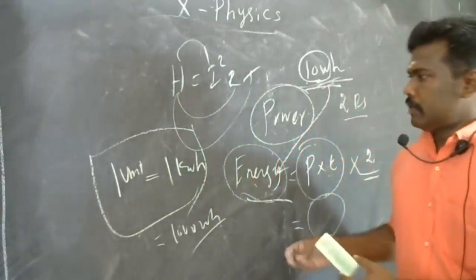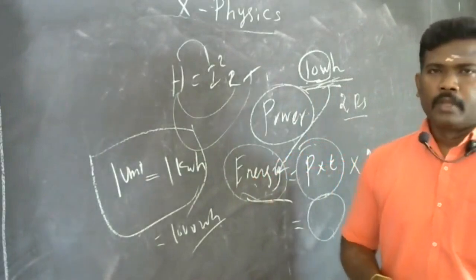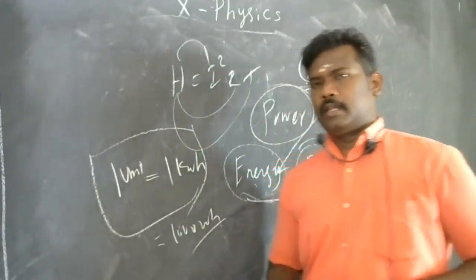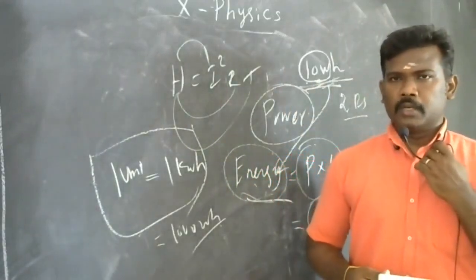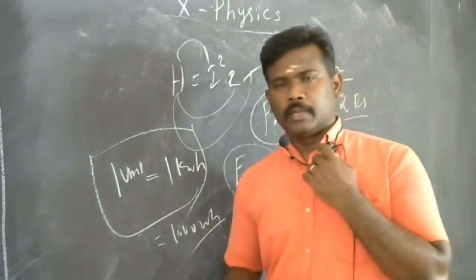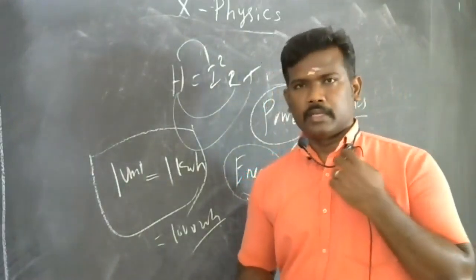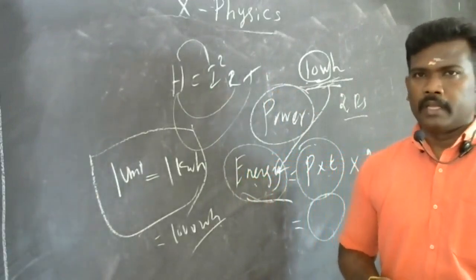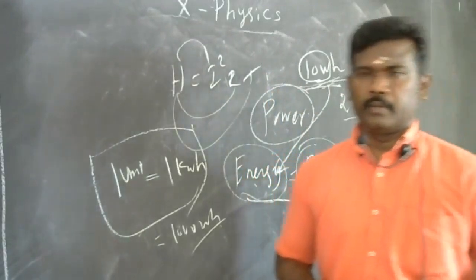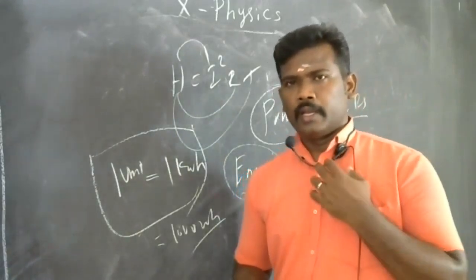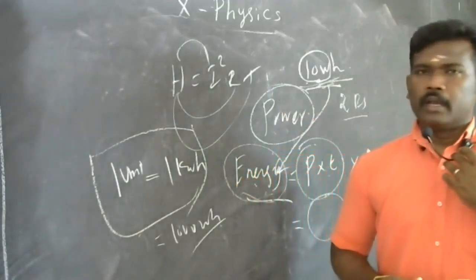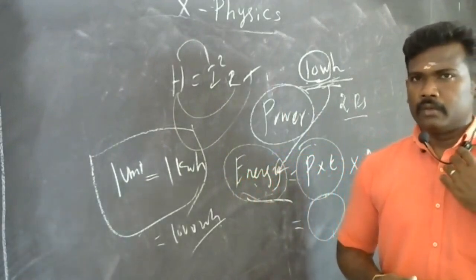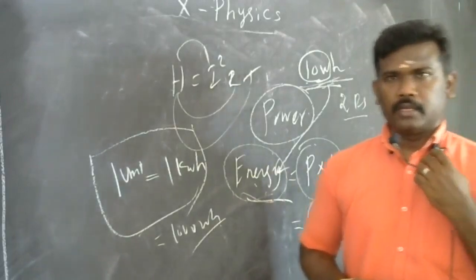Okay, so this is with respect to the electricity lesson. We already taught the lesson in April and May, and we also discussed it once again last month. Now we have recalled these two chapters, the human eye and the colourful world, and electricity. You are going to write the terminal test for these two chapters in physics. Okay, you are going to write a science test. I already gave more details about the question pattern at the beginning. If you want, go through the videos again, prepare well, study well.